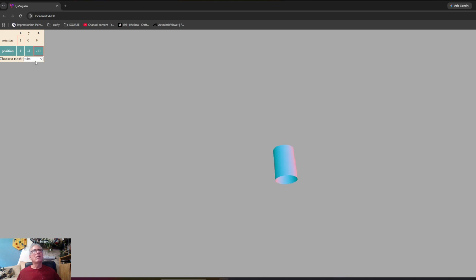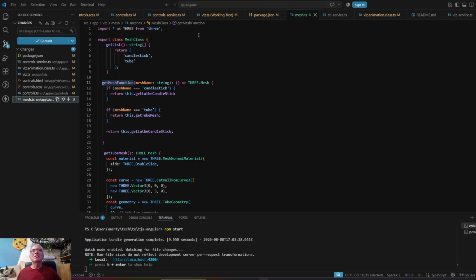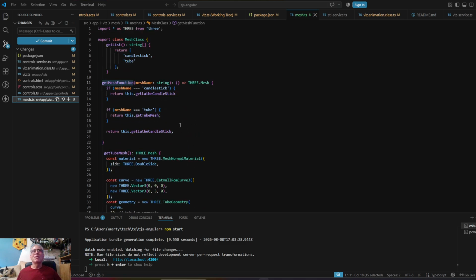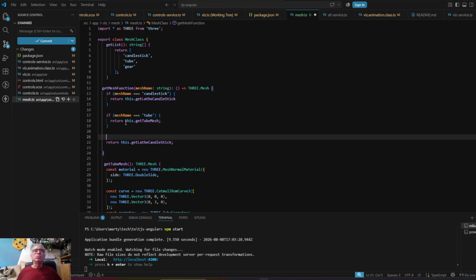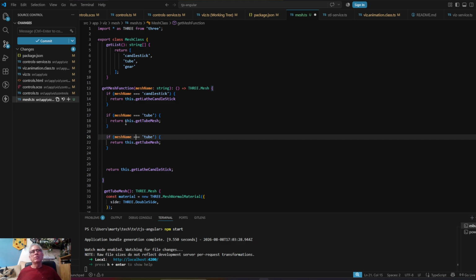select these things, and it should be fairly easy. A lot of the things we did before are over here. I believe updating it is really simple, right? We have our get mesh. Let's say we want to add our gear. We come up here, add it to our list, gear, and then in here we say if mesh name is equal to gear, then return the gear mesh. And the gear mesh will then